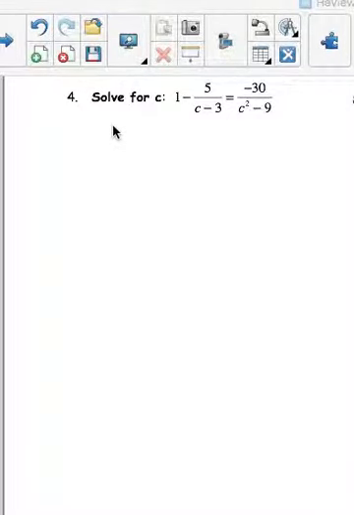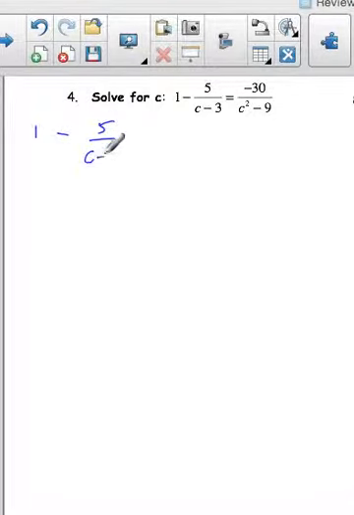To problem number 4 from semester 1 review number 9. Once again, we have a rational equation, and I am going to factor the denominator on the right hand side so that I can find the least common denominator. So I have 1 minus 5 over c minus 3 is equal to negative 30 over